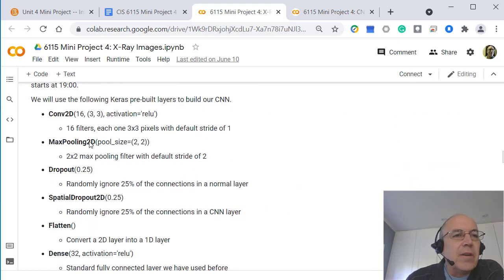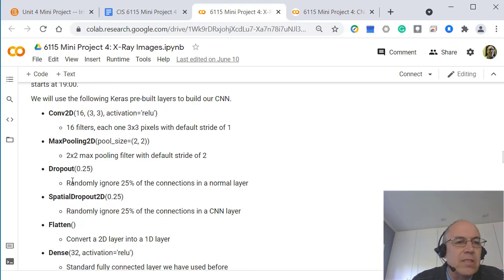And again, we just talk about the different layers. Convolutional 2D layers and max pooling layers are the two most common layers that are mixed together here. We can have dropout or spatial dropout layers. Dropout layers tend to be better for our flattened networks or things like that. Spatial dropout layers are a little better for convolutional neural network layers in between these types of convolution 2D layers